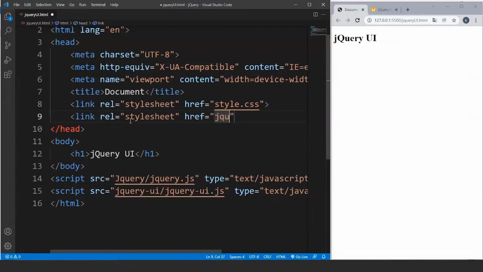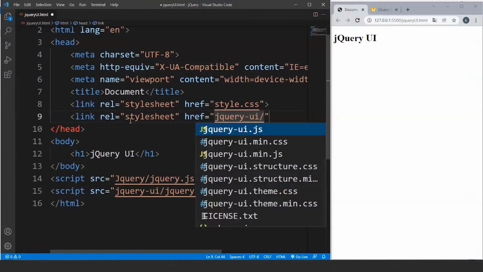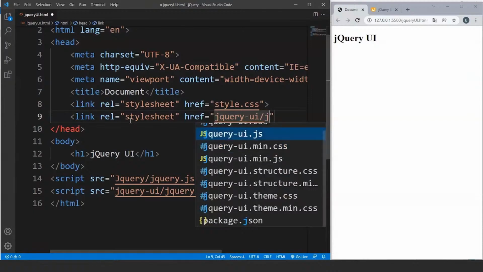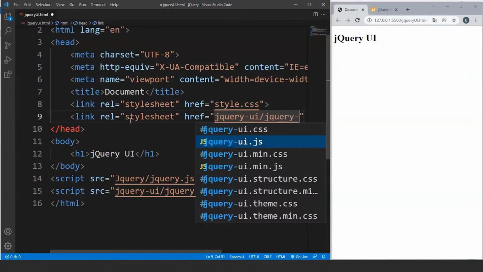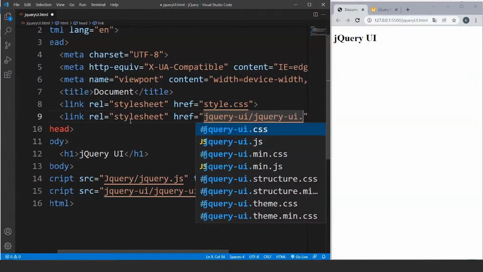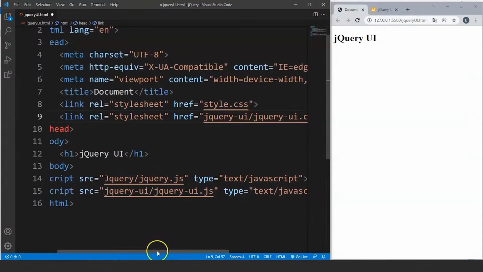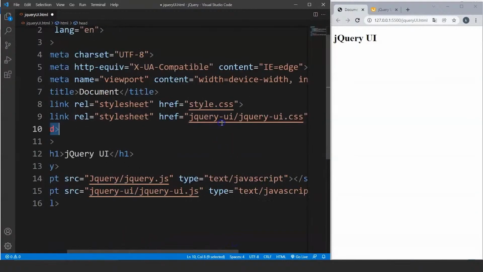So we'll write here jQuery UI/, then jQuery Ui.css. Now we have included one file over here. We'll close this link tag